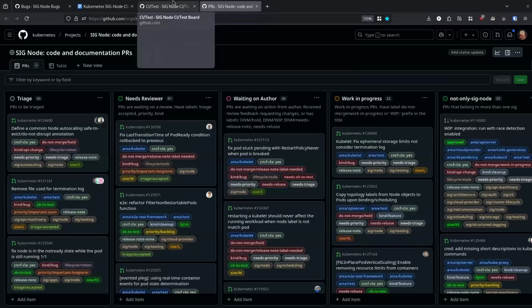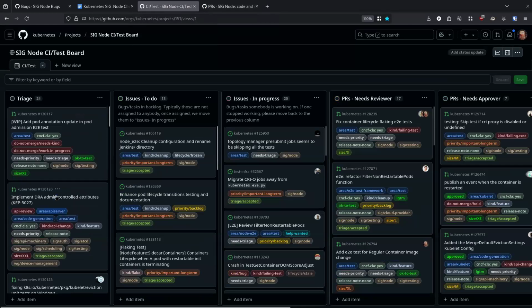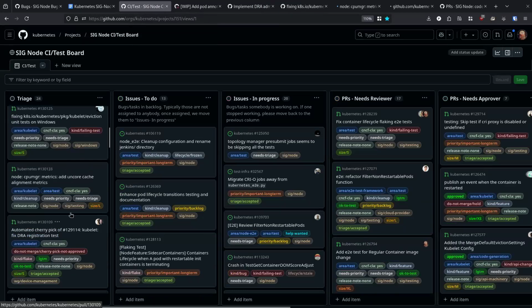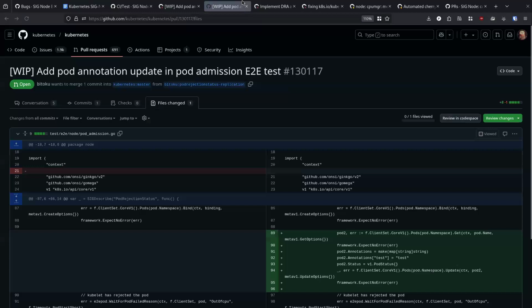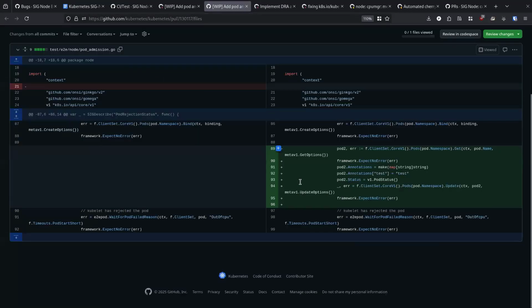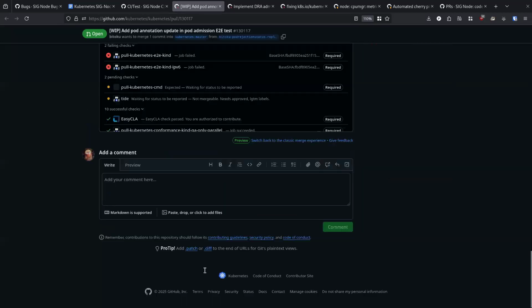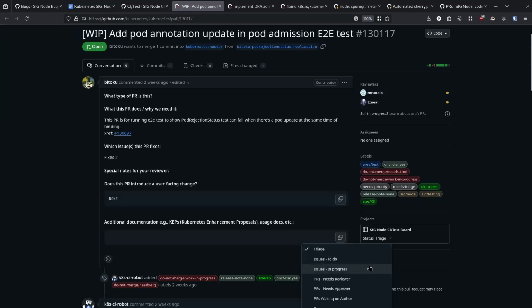Similar. This one is actually a test update. I think it's with, but I'll just put this in progress.